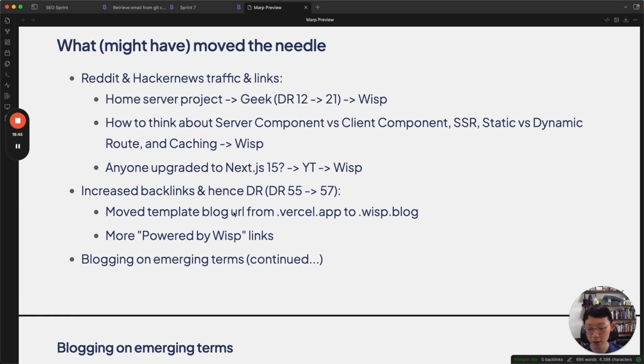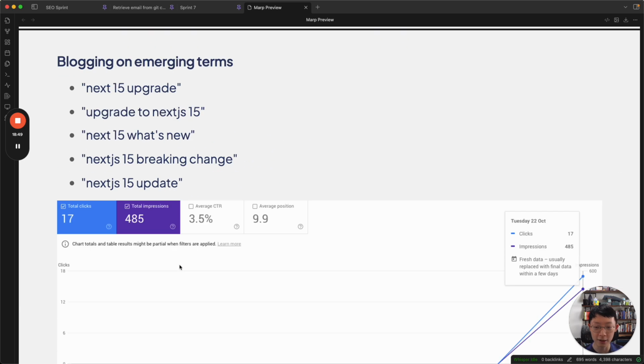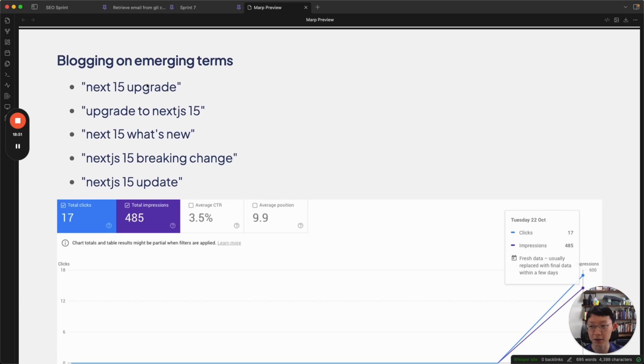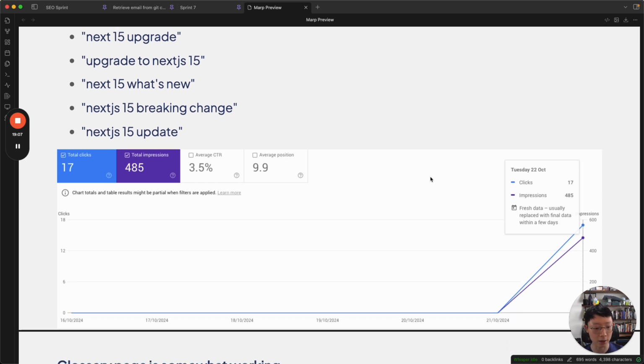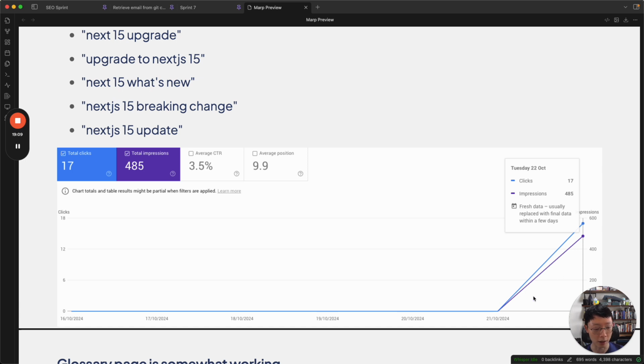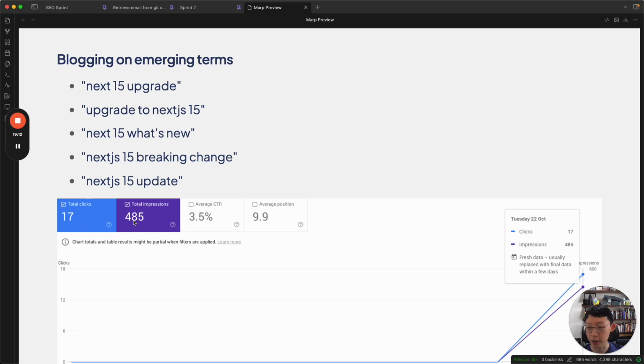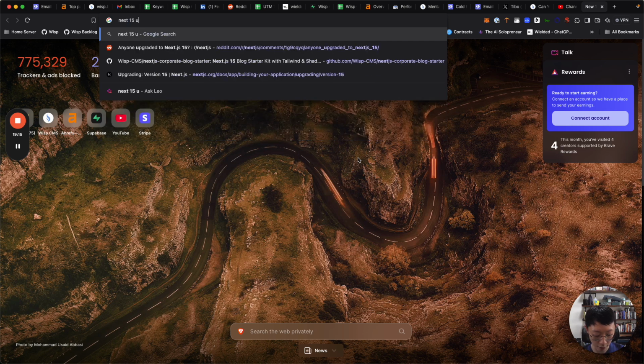So that works. And blogging on emerging terms is working. I can see it worked, right? I'm not making a hypothesis right now. Next 15 was recently launched, and I was just trying to work on it by writing 3 or 4 different blog posts, looking at it from different angles: what's new, what's broken, how do I do the upgrade. And within 2-3 days of posting, I actually got 17 click-throughs. And I think if you search for Next 15 upgrade,